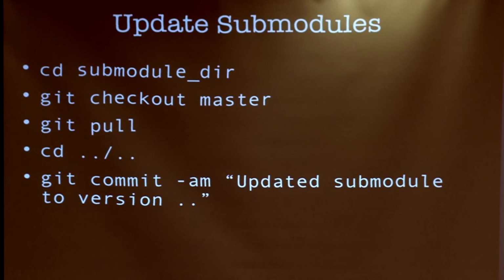How can you update them? That's a very frequent situation, especially with plugins. So you can go to the directory of the submodule, check out master, because it can be detached to a specific branch for a project, or a specific tag for this project. So you need to just check out the master, git pull it, and then you can, of course, pick here which branch you want, which commit you want, or whatever is useful for your project, and then add it and commit it, of course, like a normal change.